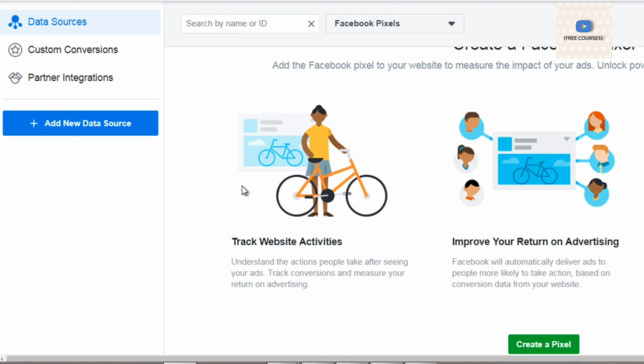And this page will show you all of your Facebook pixels. Bear in mind that you can create as many pixels as you want, but for the sake of this example, we'll just create one pixel. So what you need to do is when it says add new data source, click this here. And also keep in mind that Facebook changes their user interface a lot of times, like every single week. So if it does change, look for the Facebook pixel creation. So we're going to click on add new data source, click on Facebook pixel.